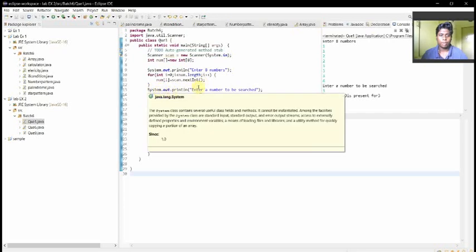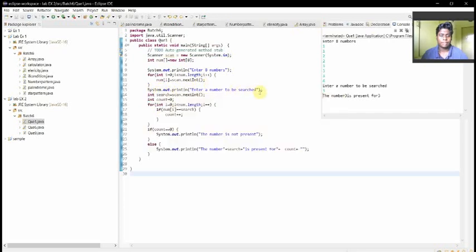Now I'm going to print enter a number to be searched, and then int search is equal to scan.nextInt(), and then int count is equal to 0. And now for int i equal to 0, i less than number.length and i plus plus, if number[i] is equal to search, then we're going to count it.